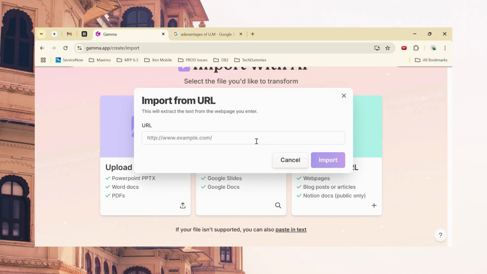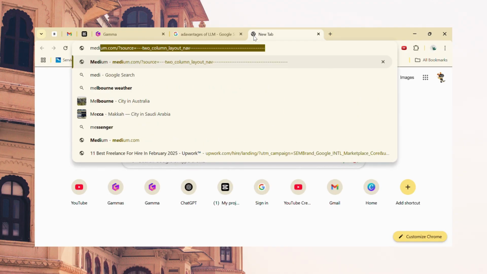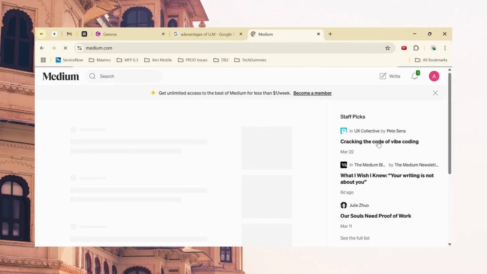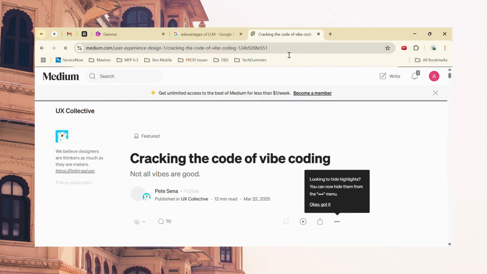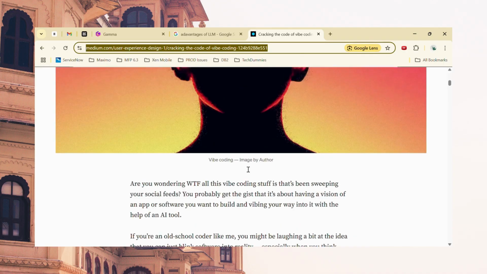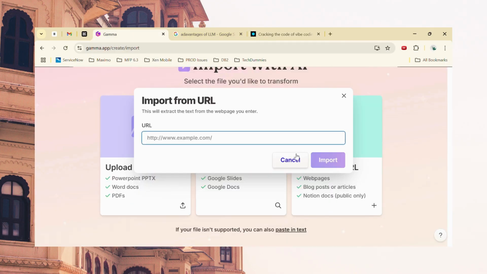Okay, let's do this. If you want to do that, let's say I have a blog post, a Medium post or something that I want to convert into a presentation. Okay, let's go to this. I'm not sure if you can access, but let's try this one out. So this is Cracking the Code with Vibe Coding. We'll try to make a presentation out of it. Not sure if it can access. Let's see. So we're trying to import from this URL. I believe as it's Medium and not on Google, it might not be able to do that,